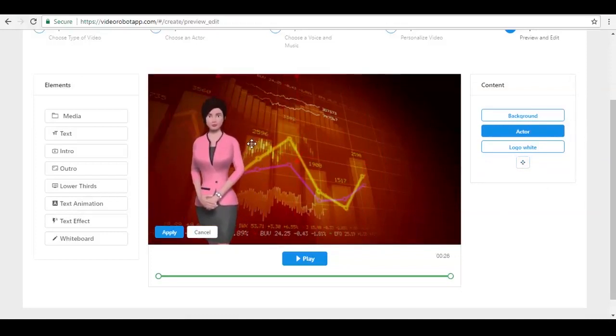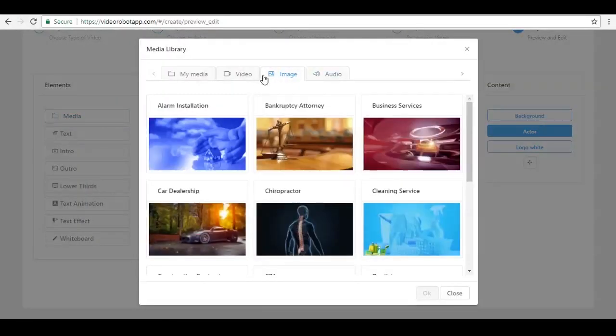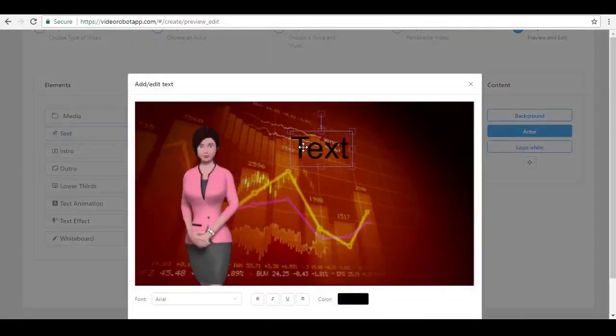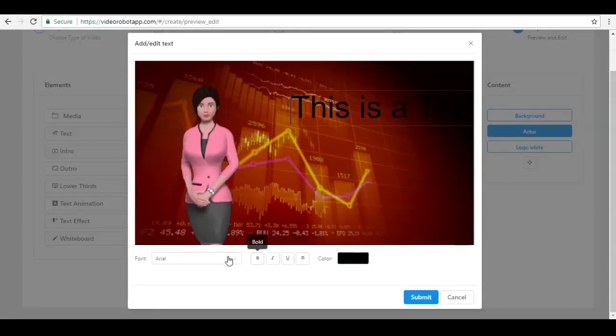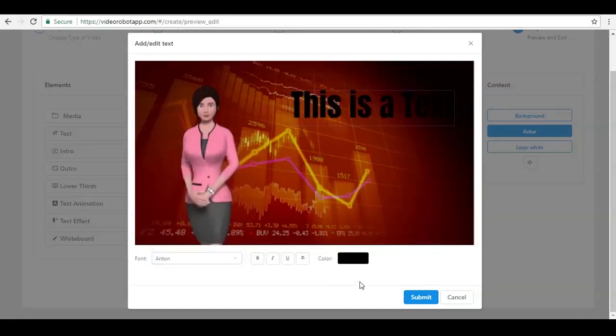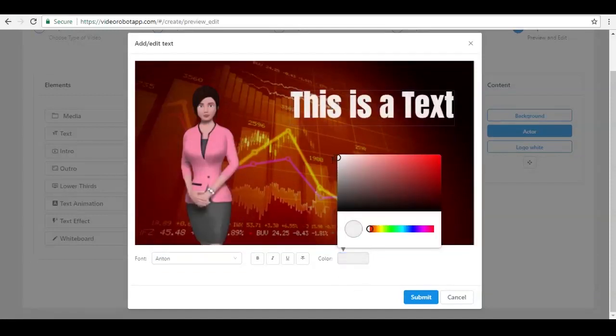And I forgot to click apply earlier, so I realized that if you will not click apply, it will just revert back to the original position. So let me just click apply, and then I can do a lot of things. I can just click here and upload any media that I want to use. I can click here to add a text, so you can just add anything here, like this is a text, something like that. You can change the font, so I can just choose any font right here, this one for example, and then I can always change the color. So let's change that to white. Click submit,